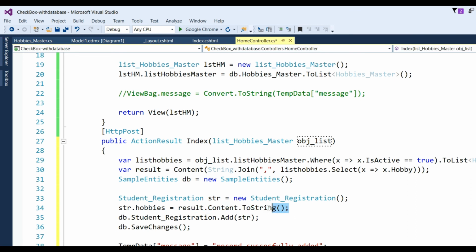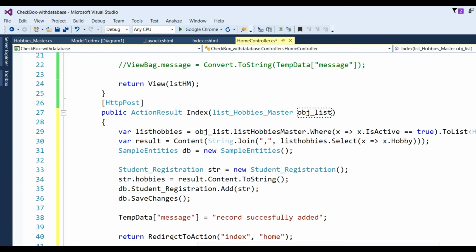So all the selected values will be stored in the str object's hobbies, and that str object will be saved in the student registration table. The name and their hobbies will be stored, which I will show in the next video, and then I write db dot SaveChanges, and that row will be saved in the student registration.